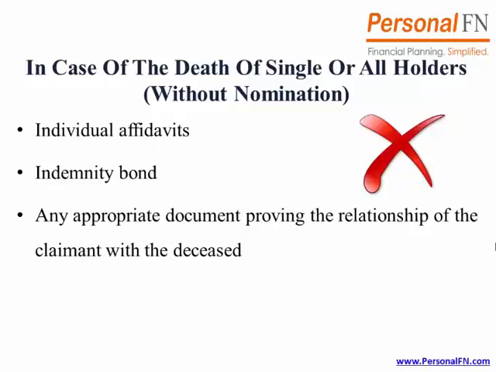providing the relationship of the claimant with the deceased, and if the amount to be transmitted is equal to or greater than the threshold limit set up by the AMC, then either the notarized copy of the probated will or legal heir certificate or succession certificate or claimant certificate issued by a competent court or letter of administration in case